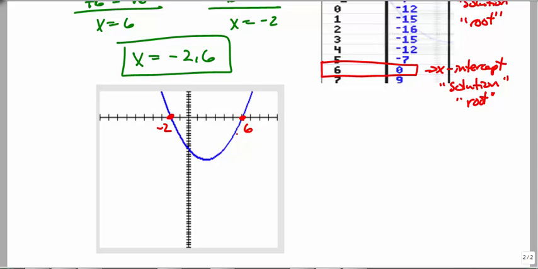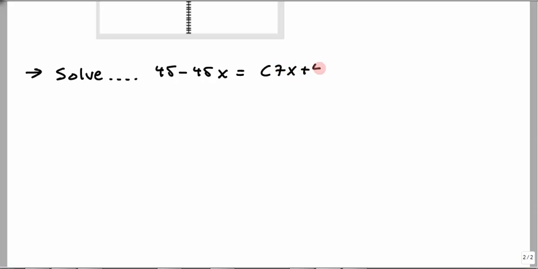So far all the problems we've had nice little solutions, and integer solutions are nice. They're easy to find with your calculator and usually by factoring, but sometimes we'll run into some cases where they don't work so well. Let's go ahead and look at an example where we're asked to solve a quadratic. This one is 45 minus 45x equals, now we have a product of two binomials, 7x plus 4 times x